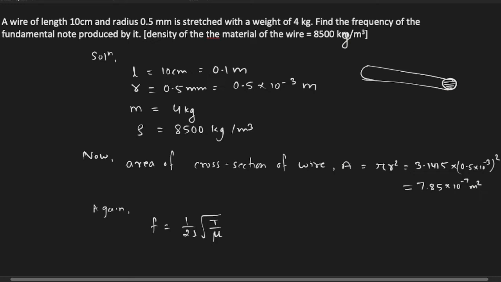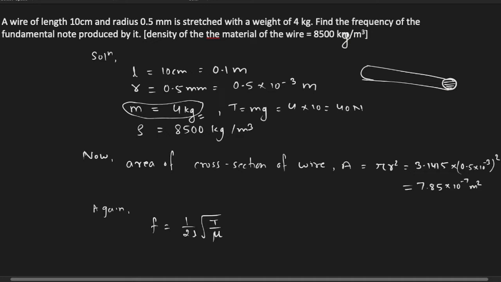Rather we have got the weight that has been hung on the wire. So this weight gives the tension produced in the wire as mg equal to 4 into 10, 40 Newton. But for mu we need the mass of the wire, which is not given. So for that we will